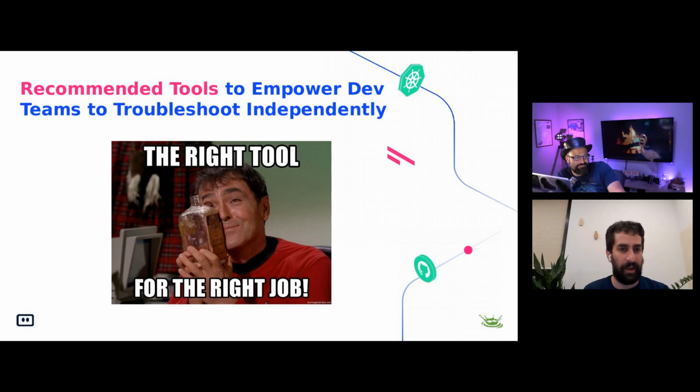And the last one is to recommend the tools to empower dev teams to troubleshoot independently, or maybe not independently. But Baruch, what do you think are the tools that are currently missing or are best at doing the bridge between the developers and ops? What I would love to see is a